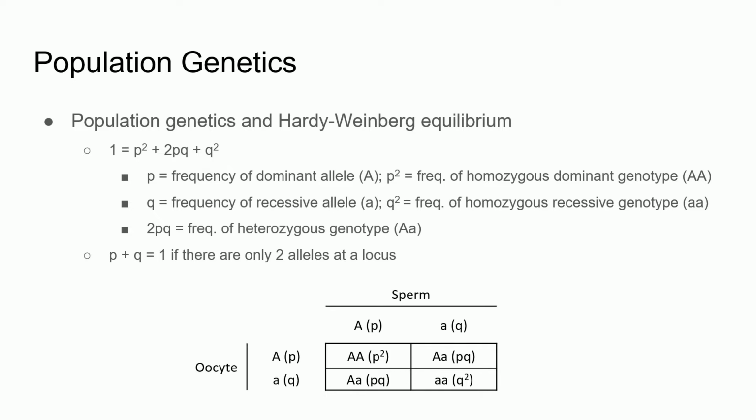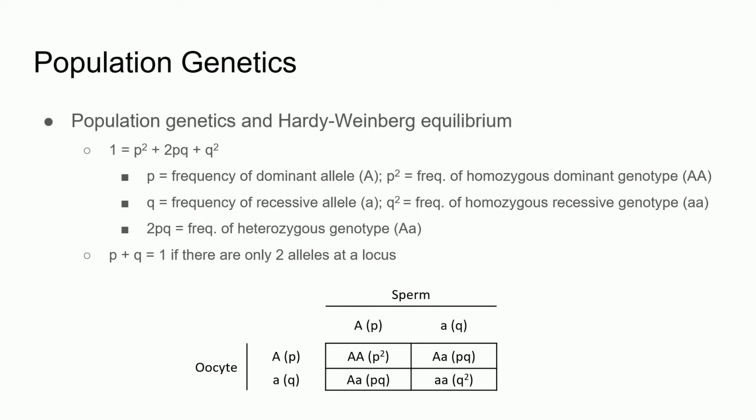If such strict conditions can be met, then the law predicts that both genotype and allele frequencies will remain constant because they are in equilibrium. The equilibrium formula is generated by the Punnett Square, an example of which is found at the bottom of this slide. The square takes into account the dominant and recessive alleles within a population. Dominant alleles are designated with a capital letter and recessive alleles with a lowercase letter.